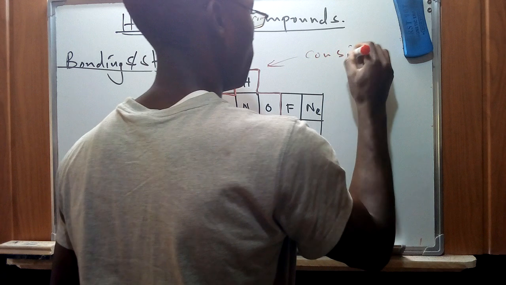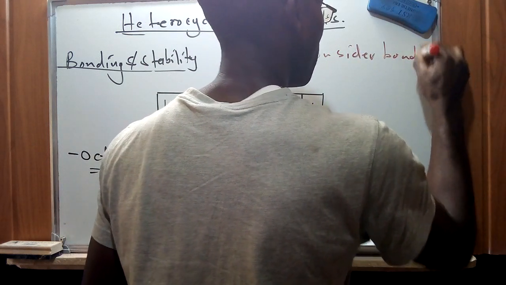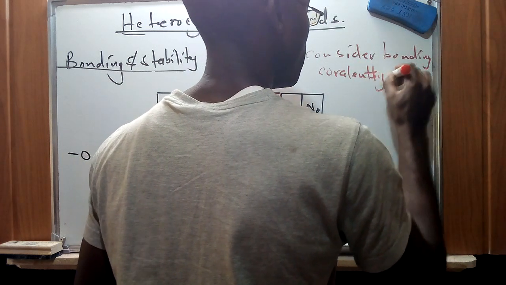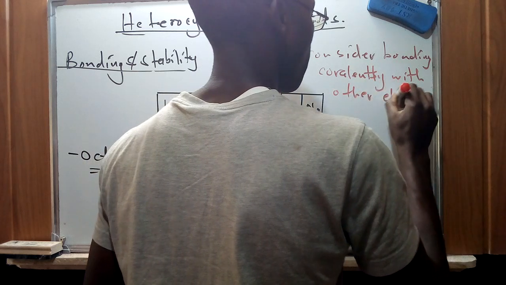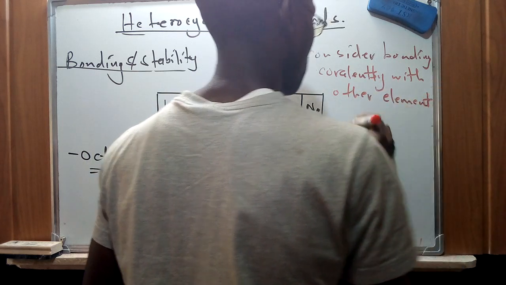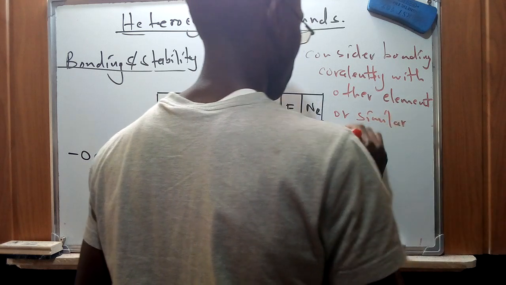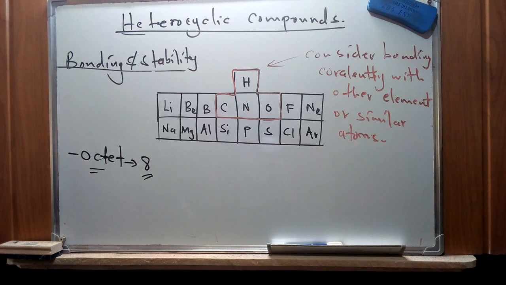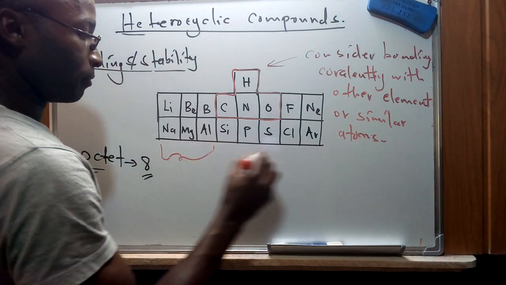consider bonding covalently with other elements or similar atoms rather than losing electrons. If we look at this extreme part of the periodic table,